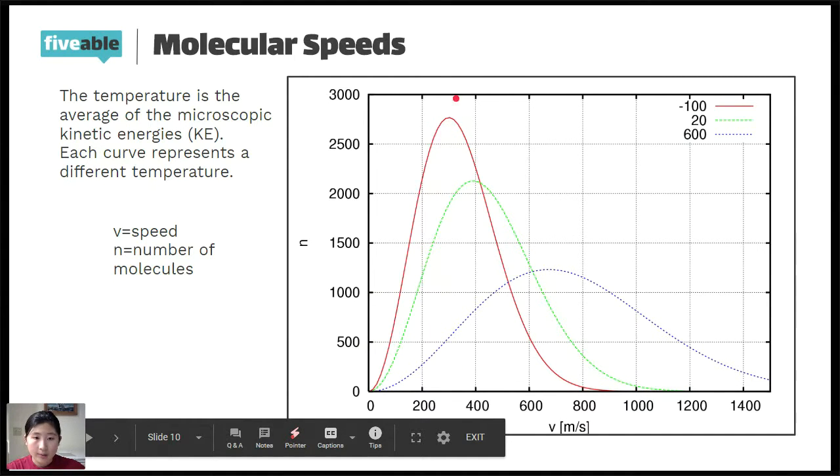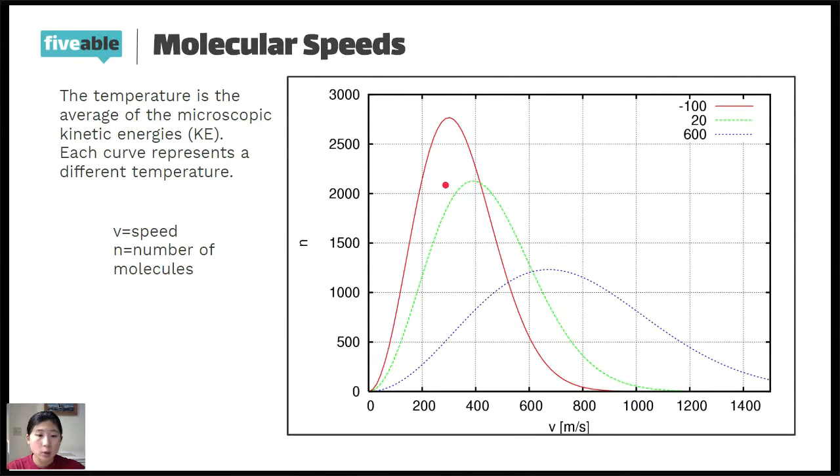Okay. So if we look at the other curves, the green curve here, we usually just look straight at the peak. Where's the peak? What is the most popular speed? Why does the high speed go down so quickly? So the high speed goes down so quickly because the red curve